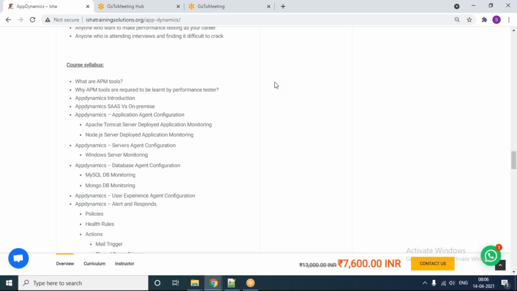Okay, say why performance tools are required to be learned by performance testers. Don't think it is only performance testers. I would say it is developers, performance testers, performance engineers, and system support engineers. So developers, okay, think about the development person. In earlier days it was the waterfall model, and then agile, and then DevOps. Now the time is very minimal. Your sprint cycle is 2 weeks or 3 weeks only, right? So time is very minimal.